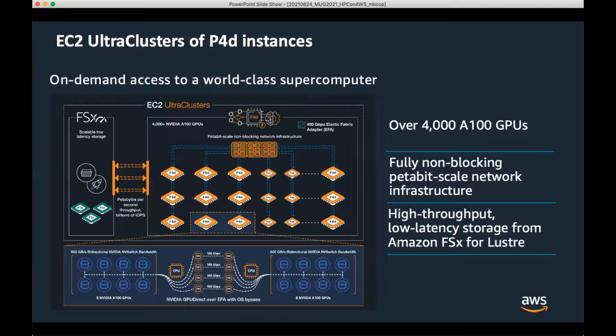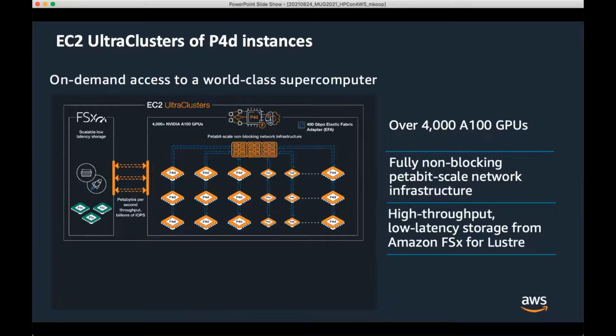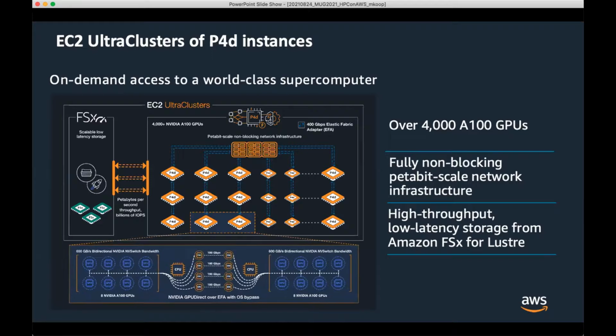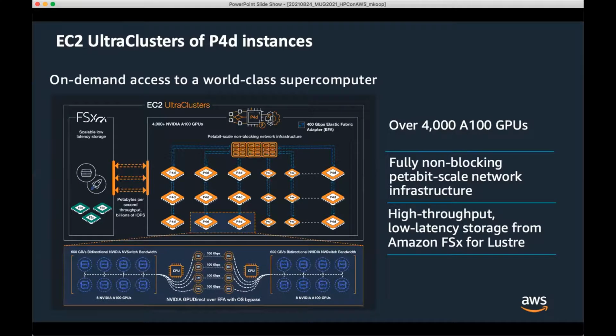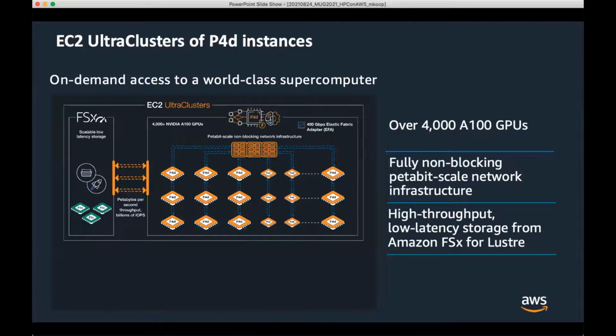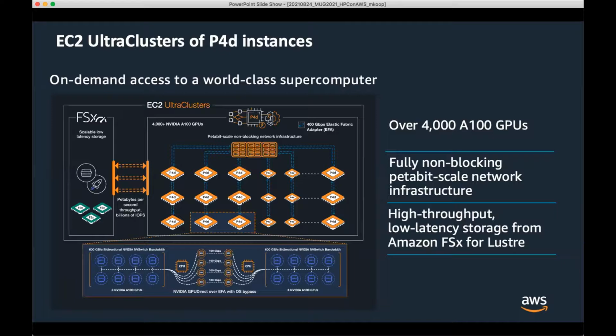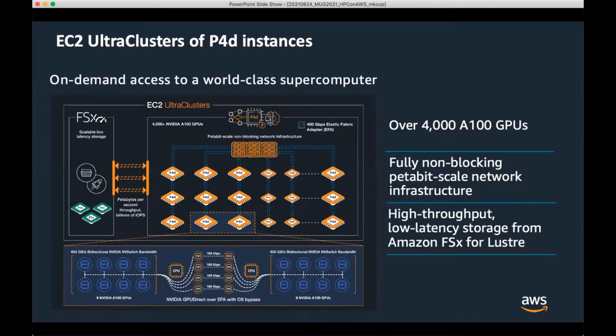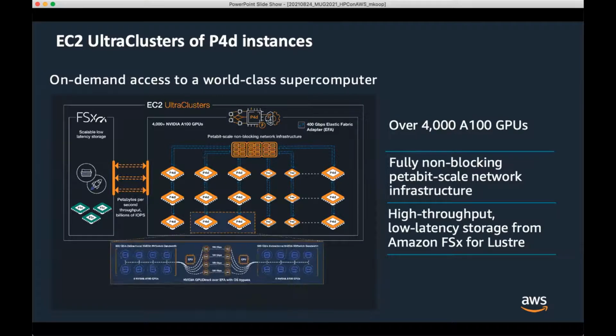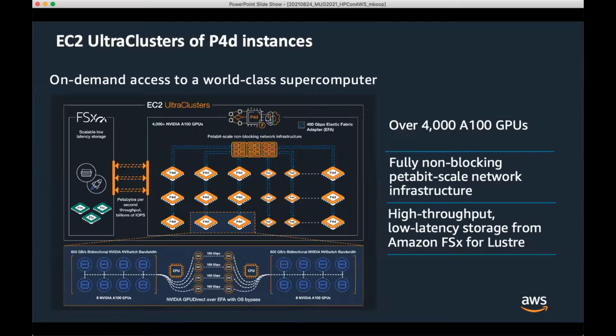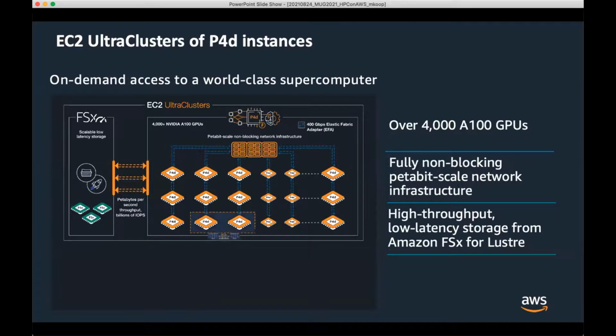So what we've seen with customers is not only do they want very fast communication between all of their GPU nodes, but they also want to have connection to their storage as well at very high throughput rates. So that's just one of the things we'll do. This isn't to say we can't do this in other cases. A very common use case for other customers is to have low latency, and you can request something called a placement group, which will ensure that we place them topologically close enough to give you the full bandwidth you need.